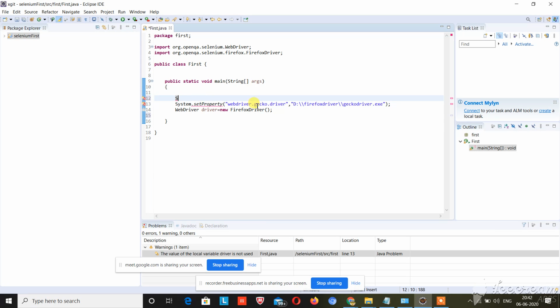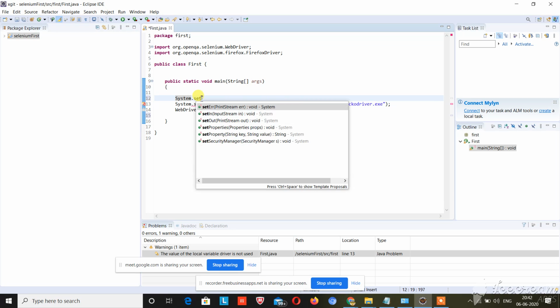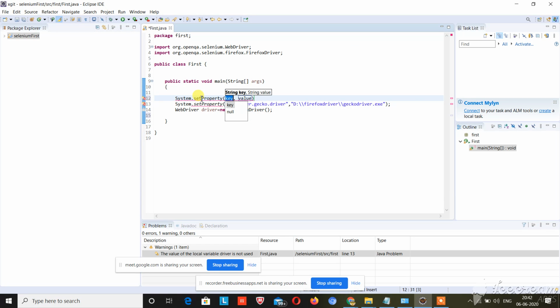So don't do this. But if you need to change one line, in System.setProperty, here you will type webdriver.chrome.driver. Please keep yourself on mute, and pass the path where you have the Chrome driver.